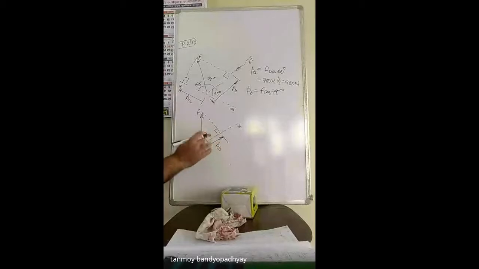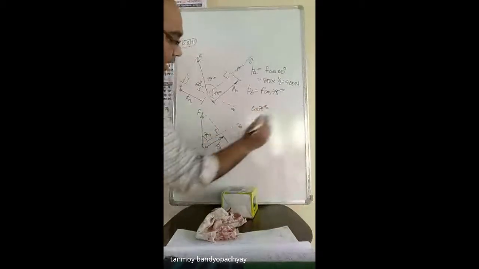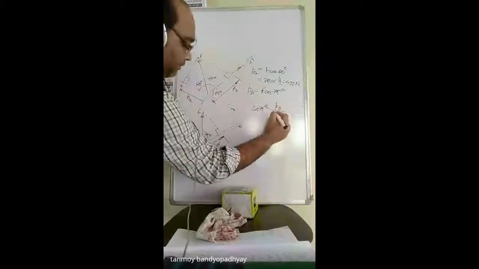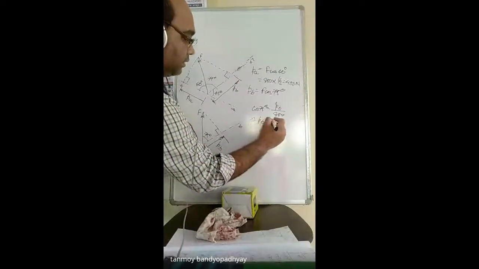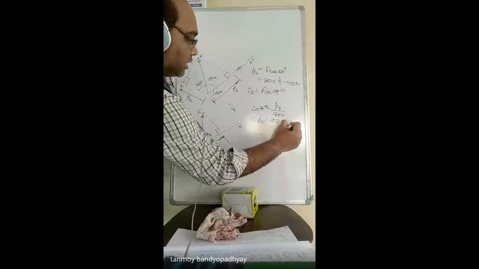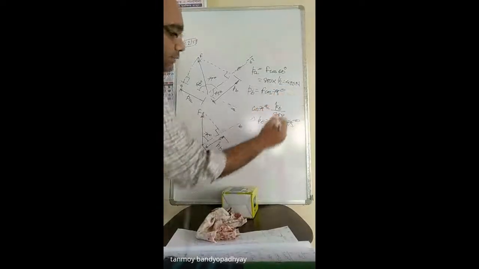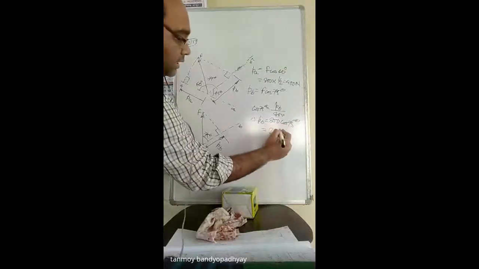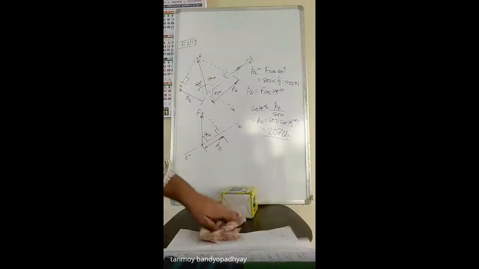So we get it using F cos 75 degree. If you take cos 75, which is base by hypotenuse, so PB by F, that is 800. So PB will be equal to 800 cos 75 degree. If you solve this, it comes to about 400 Newton and this will be 207 pounds.